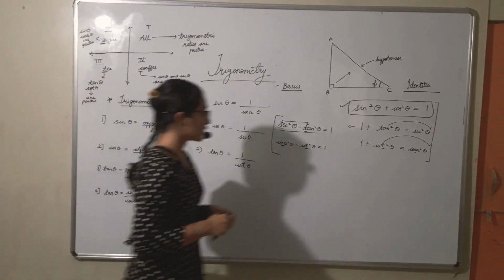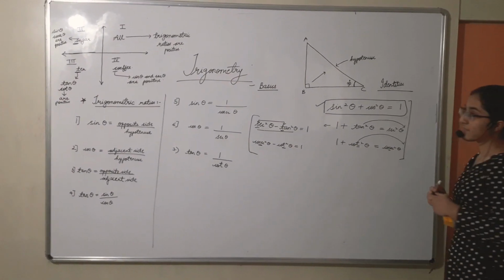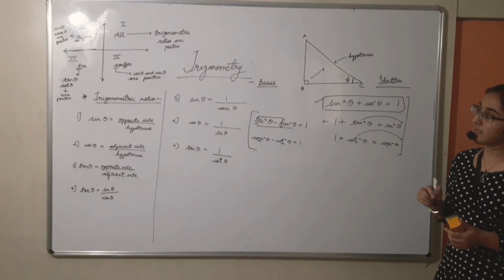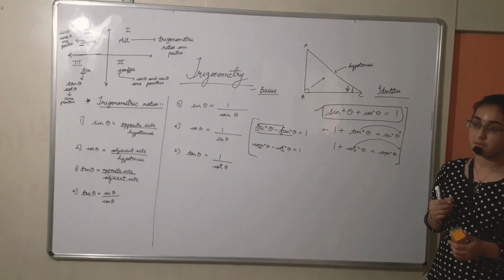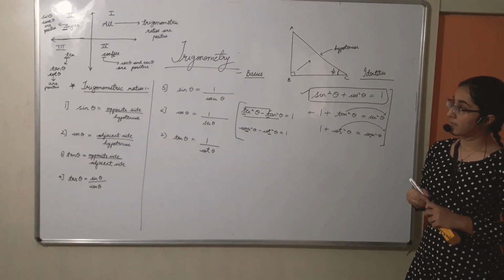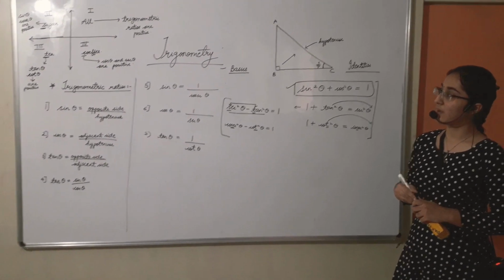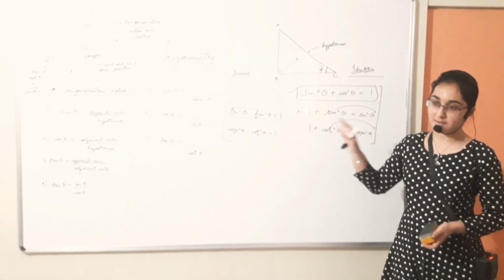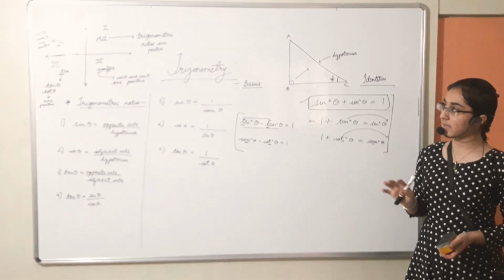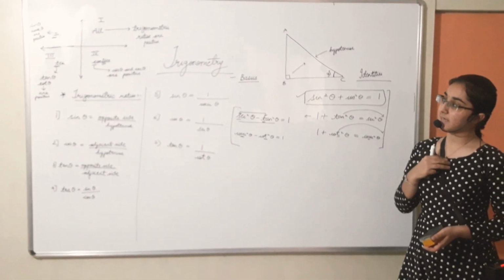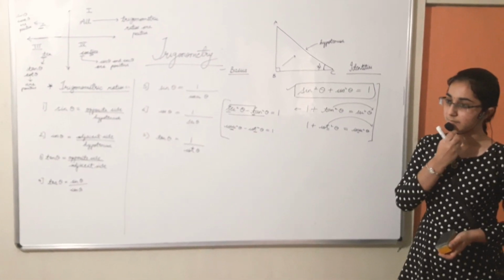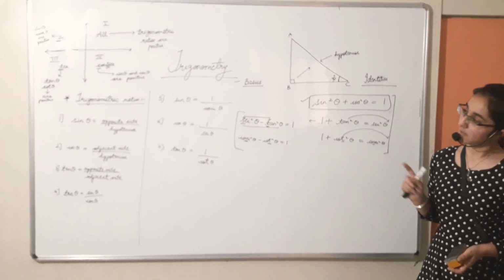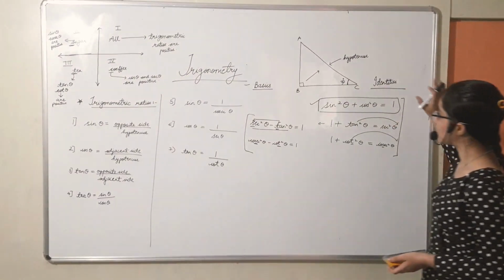Okay. Now I will ask you one question. Sine is positive in which quadrant? First and second. Right. Cot is positive in which quadrant? First and third. Yes. Cos? First and fourth. So everyone is clear with this? Yes. Okay. Now tell me, sine is negative in which quadrant? Third and fourth. Everyone agrees? Yes. Right. So this is the basic which I have given. So let's